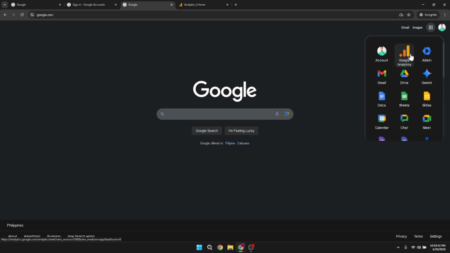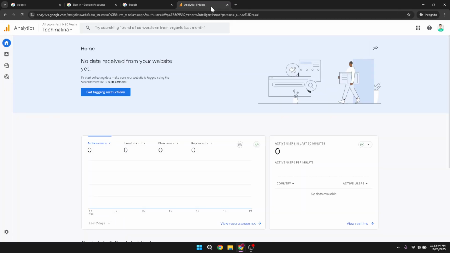Once you're on the Google Analytics page, the next thing to do is click Next. Depending on the version of analytics you are using or the setup of your account, you might see a few options here. Don't worry, simply click Next to proceed through any settings or verification prompts. After this, return to the top right and click on the Google Apps grid icon again. Select Google Analytics if you haven't done so already.